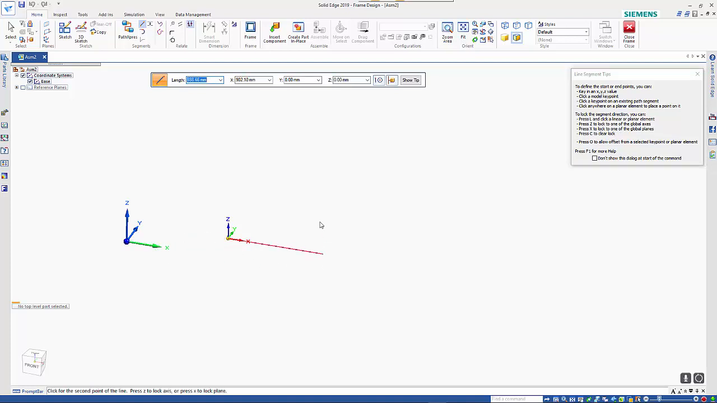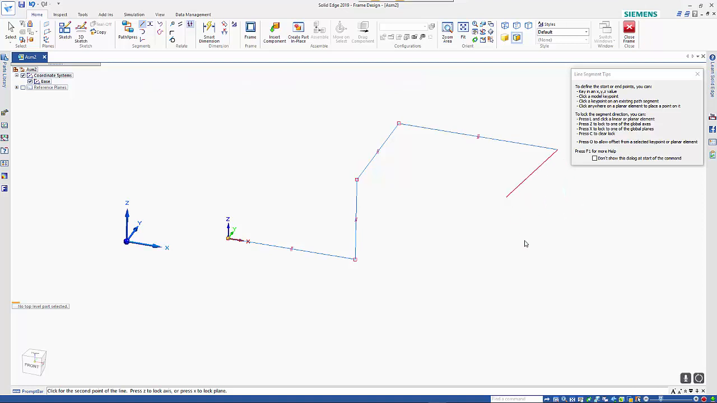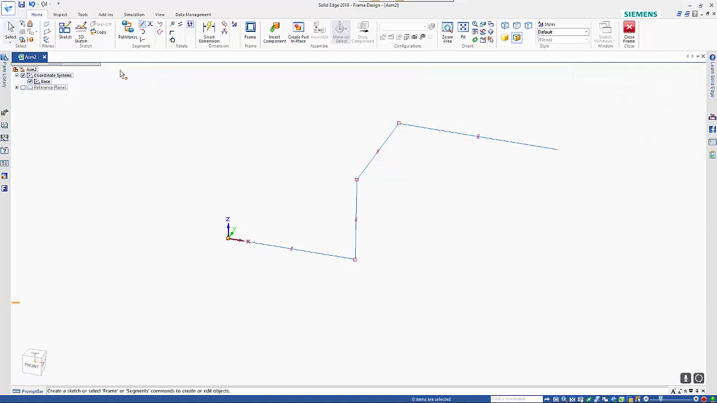I can lock it on the X direction and specify the distance and click for the direction, and then if I want to take it up I can go again distance and click and drag it off in the Y direction, and then we'll take it back again in the X direction. So this will be 1.5 meters, and when we've finished we just right mouse click, and then we can go